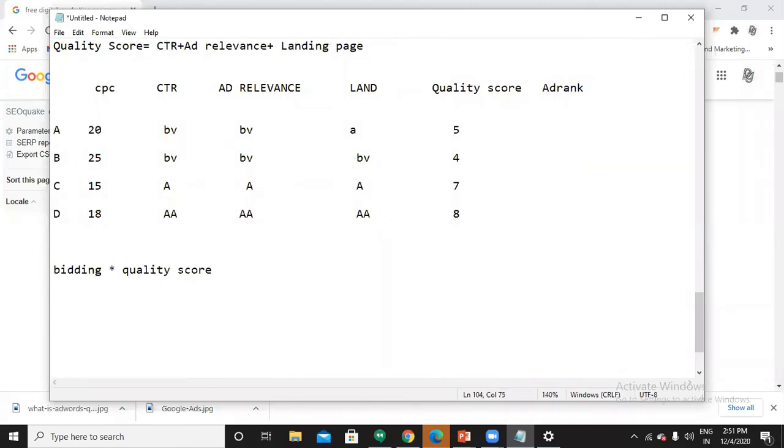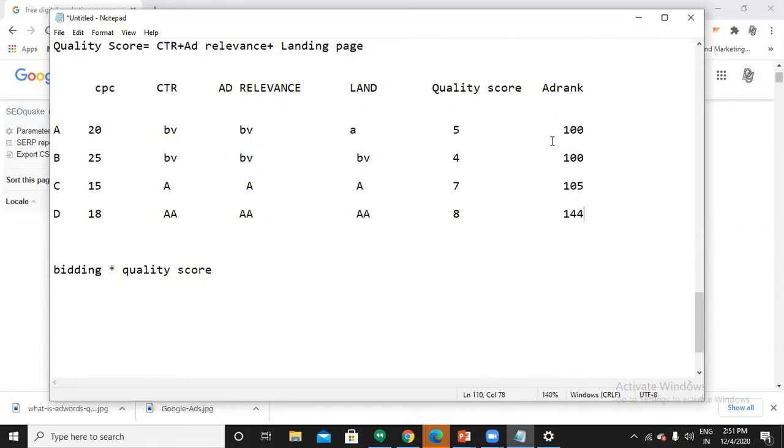What is the bidding? 20. And what is the quality score? 100. The next, B, 100. The next, C, 105. D, 144.